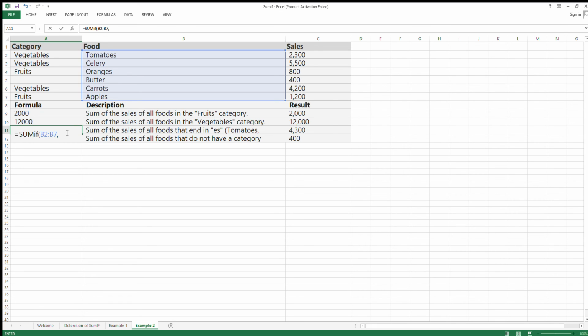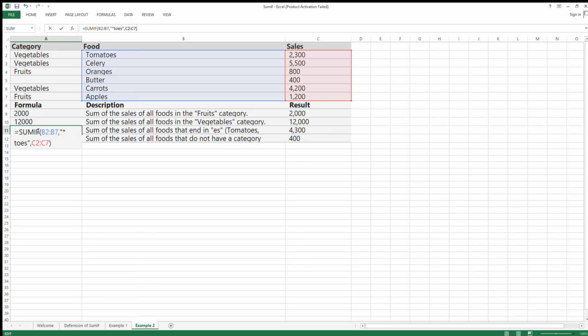So how we will do that is, we'll as usual open the function, then we will use a character called star. It denotes any number of characters, then ending with es. So then I'll just close it, and then I will select where our sum should be. So I'll just close it, 4300.